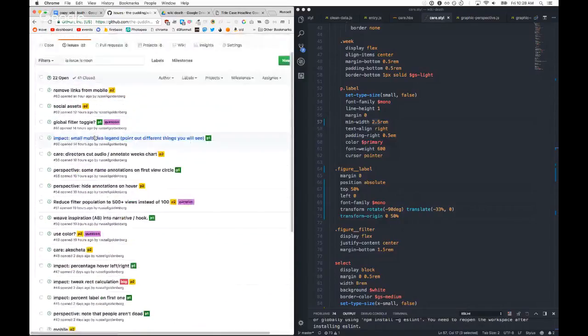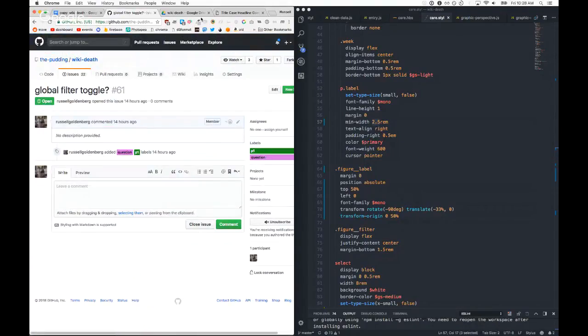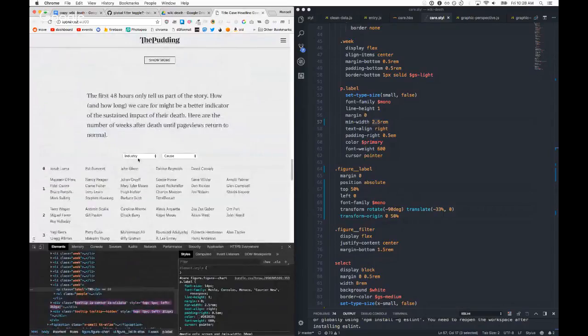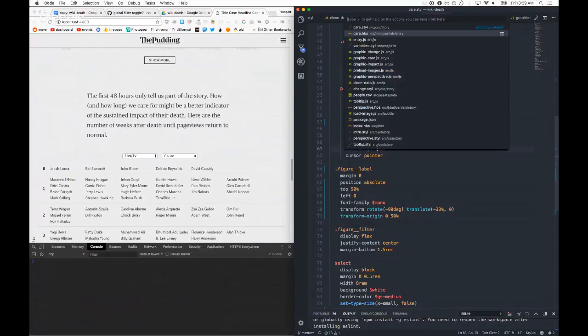So one thing that I was thinking about while driving yesterday, this one, global filter. I was like, oh, cool, we got this toggle, right? Oh, we've got a blank one. That means we need to rectify that. I wonder who that's for. I thought I did a failsafe, so it didn't happen. It wouldn't be on the spreadsheet, right?